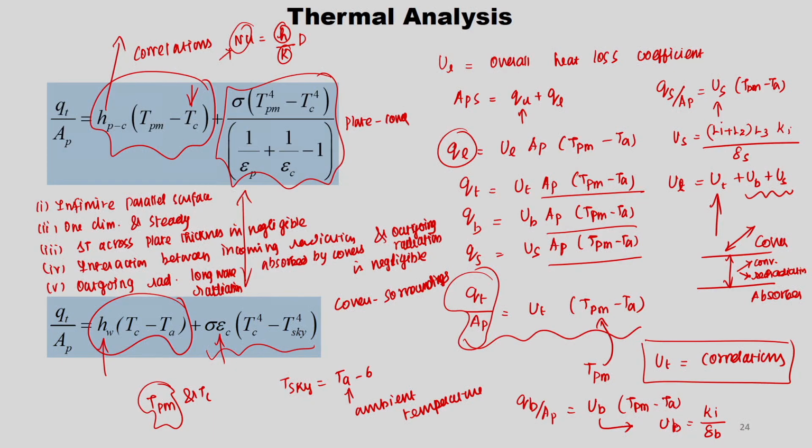L1 and L2 are the collector dimensions, length and width, and L3 is the height of the casing. These formulas are all given in the Sukhatme and Nayak book, which is the main reference book of this particular course. You can refer to it. So, one can directly calculate UL using correlations and the formula, and from UL you can get the plate mean temperature, and using that you can also calculate the collector temperature. But if not, then one has to do iterations.